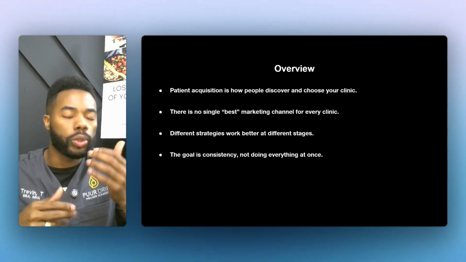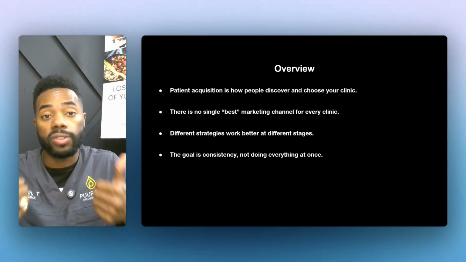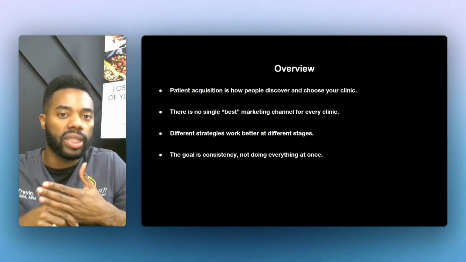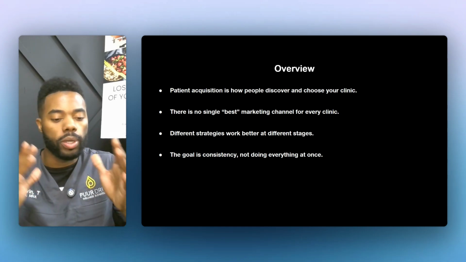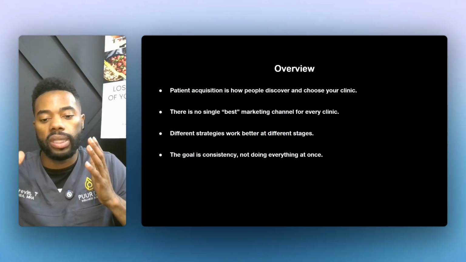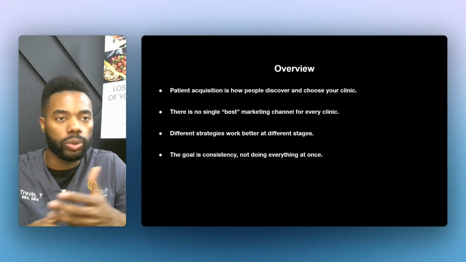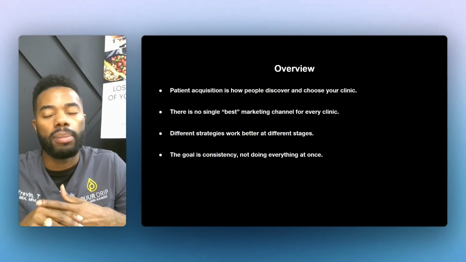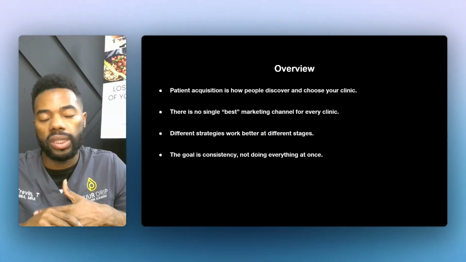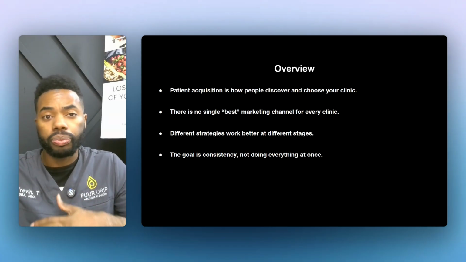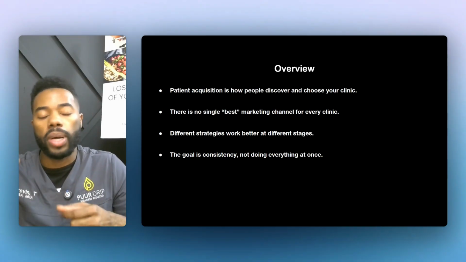What you want to do is choose a primary marketing channel and a primary product to market at first, and then potentially add on a secondary channel and a secondary product. Now, that doesn't mean that you don't post on social media. That doesn't mean that you don't do SEO and you don't do ads and you only have to choose one. It doesn't necessarily mean that. But what I am saying is that you don't need to do all of those things to the same level of intensity. You need to pick a primary channel and get very good at that channel with a primary service,